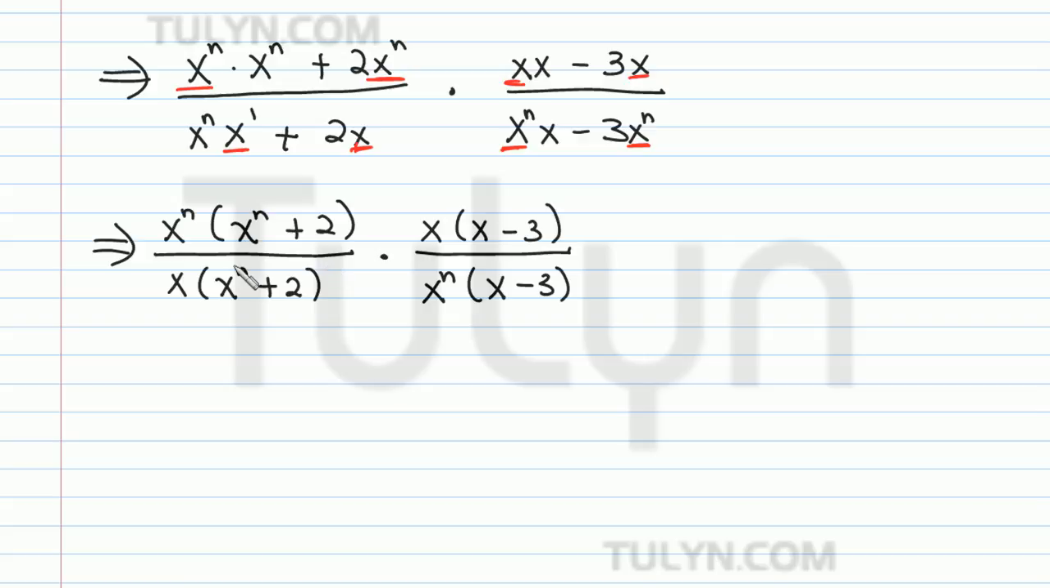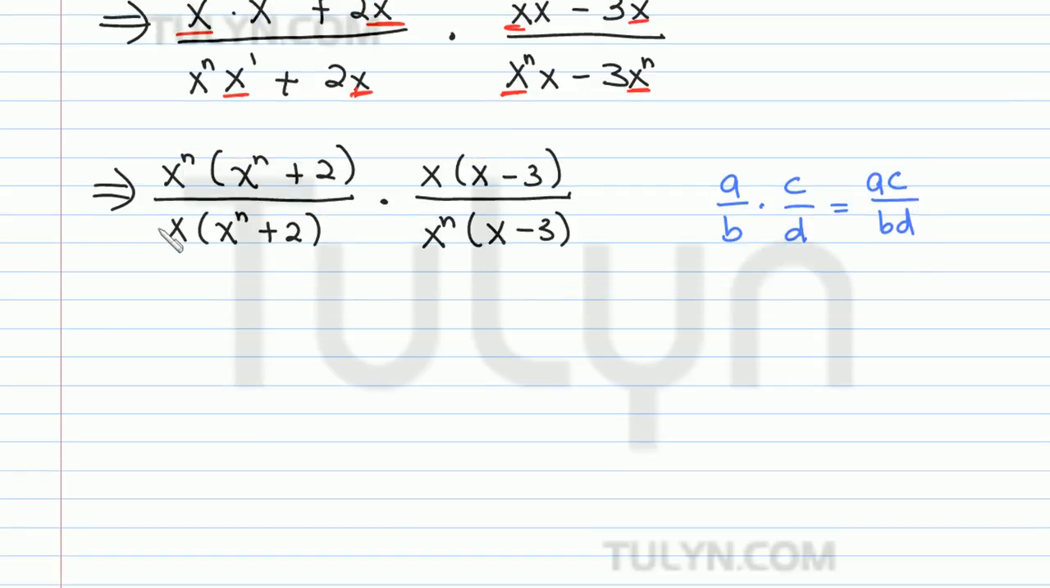So now we can combine these two rational expressions, and combining rational expressions uses the same method as combining fractions. Basically, a over b times c over d is equal to a times c over b times d. So the product of the numerators over the product of the denominators. So let's just combine everything. I'm not even going to rewrite it. I'm just going to straight combine. So x^n times (x^n plus 2) times (x minus 3)